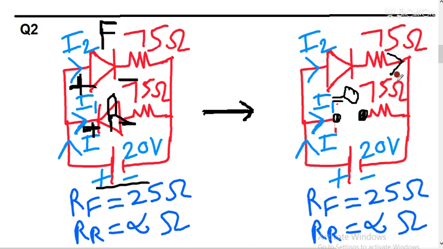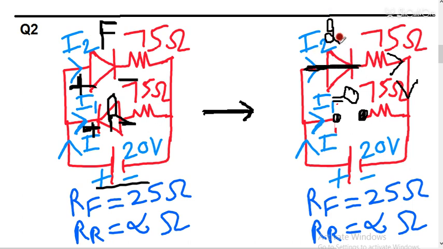Then it will go downward. Current will not come into this resistance. Current will not flow in this direction, because this is an open circuit. So current will flow in a closed loop only. So here you can see this is a closed circuit, because this diode is forward bias, and the value of the closed circuit resistance is